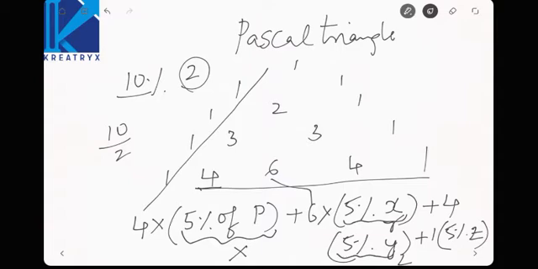We have done many questions on Pascal triangle in the problem solving. Observe the things carefully, then you will get it. See here, 5% of P is considered as x, and this x must be here. 5% of x is considered as y, and this y is here. Got the thing? See the approach and do the questions.